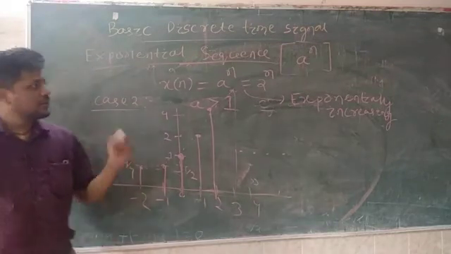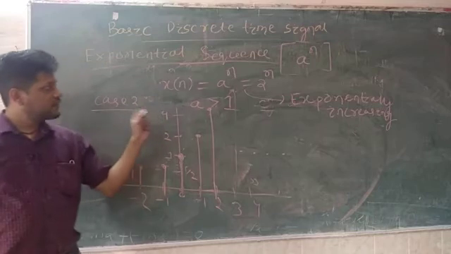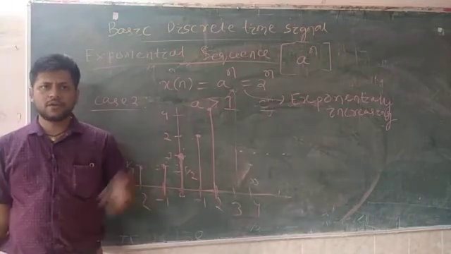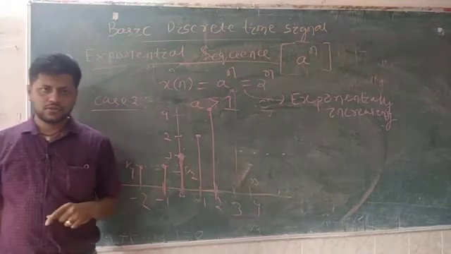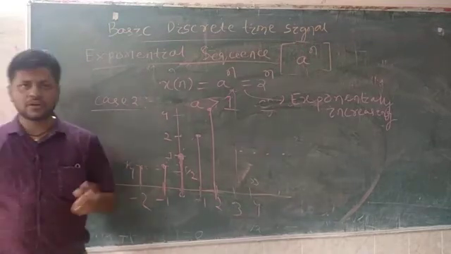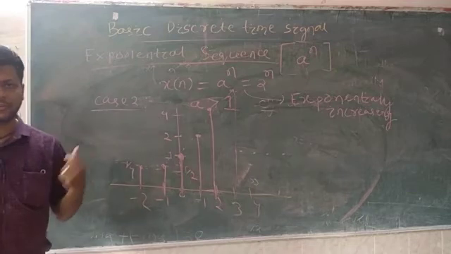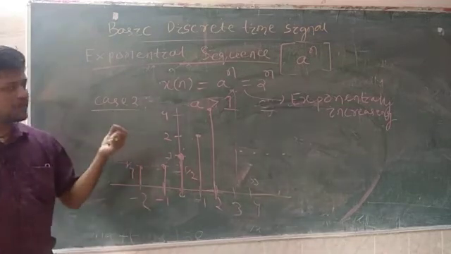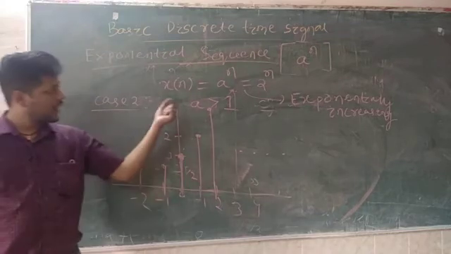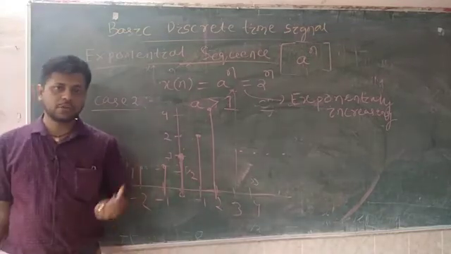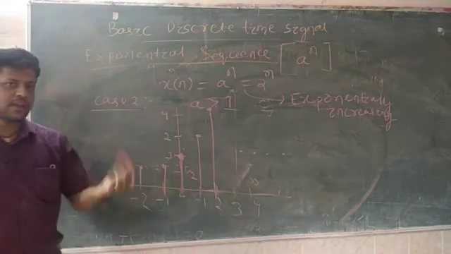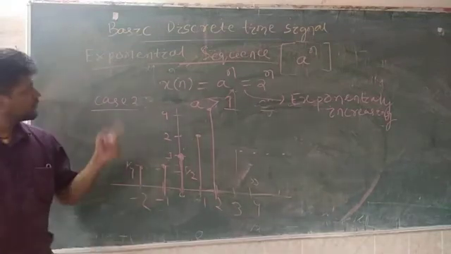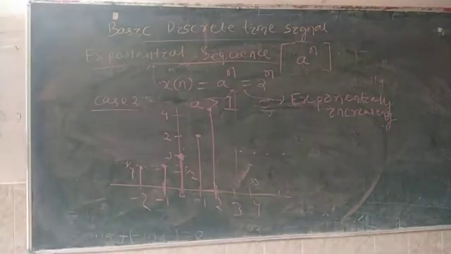In most of the examples, they will ask questions like this: a to the power n, where the value of a can lie between 0 and 1, or a can be greater than 1. You can also plot the graph by considering the value of a as negative, and that will be homework for you. I am considering only the positive values, and in that I have taken the case when a lies between 0 and 1, and the other case when a is greater than 1.